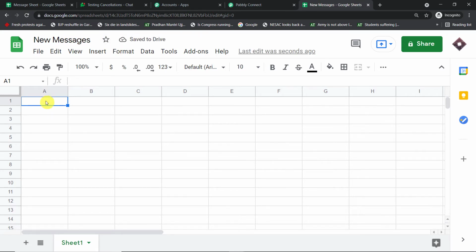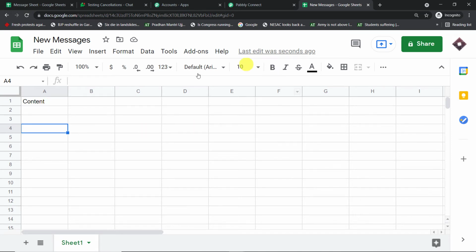And let me just add content. So this is the column name. Okay, so as you can see, there is only one column, that is column A, and column A is our last data entry column. Okay, there is no such thing as column B, C, D, or E, F, G. There is only one column, that is column A.